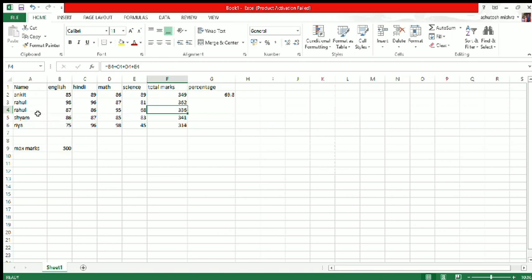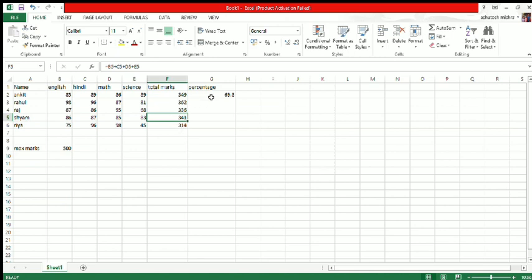You can change the name, Raj in the place of the second Rahul. Raj's marks are stored in F4, Syam's marks in F5, and Riya's marks in the F6 cell.